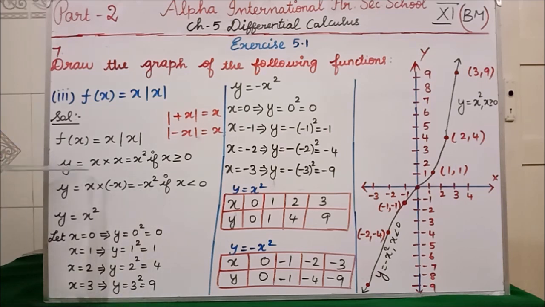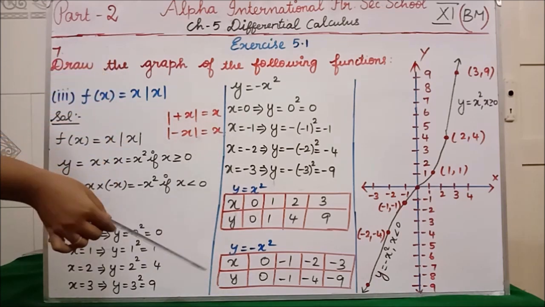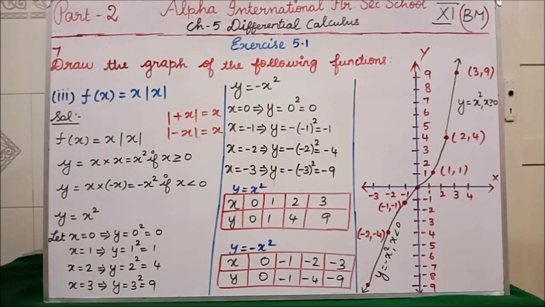So for y equal to x square we are going to solve separately and find one tabular column. And for y equal to minus x square you are going to find the values in another tabular column. Then both together we are going to plot in the graph. Clear all of you? Now you see, y equal to x square is the first. Suppose I take x equal to 0, what will be my y? 0 square is 0.